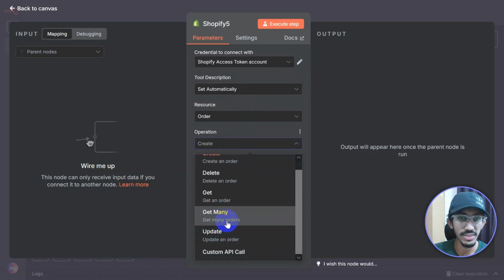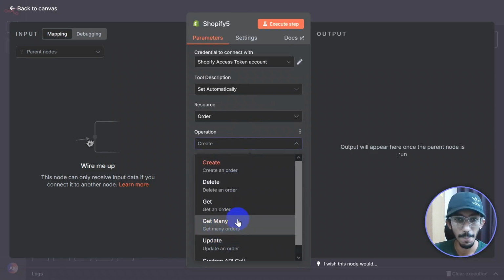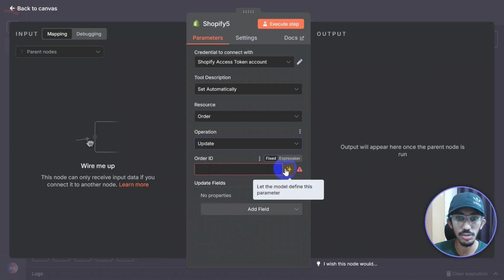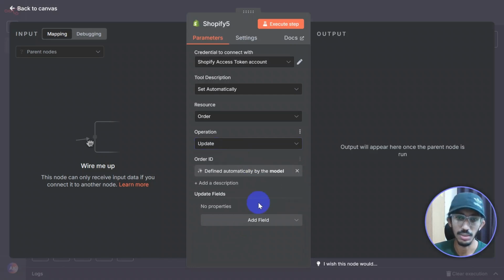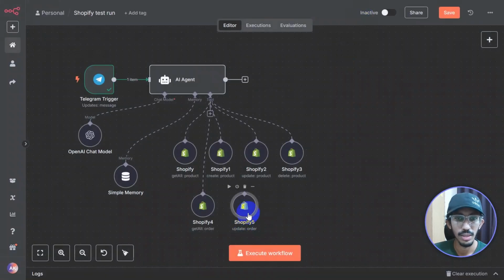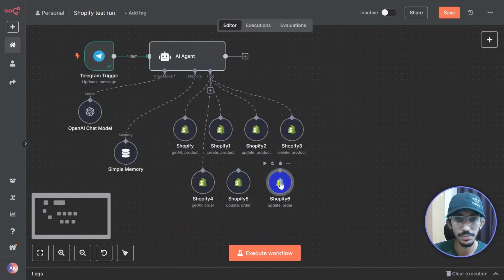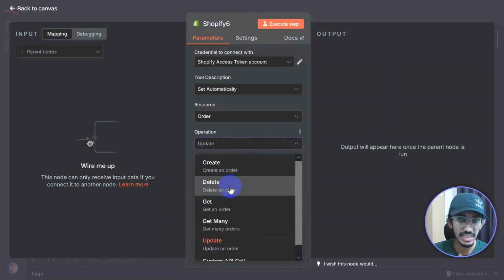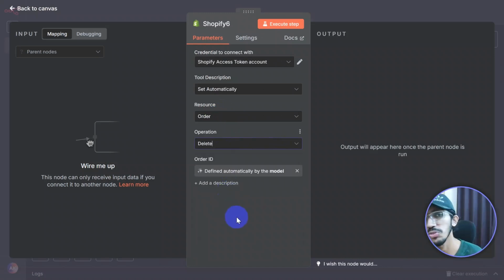So we saw the get many orders node, and we saw how to create an order. You can also update an order in a similar fashion, simply with the order ID. So let's add that. You can update any order with the order ID. Finally, you can also delete an order, which most of the time you won't be doing, but if the situation